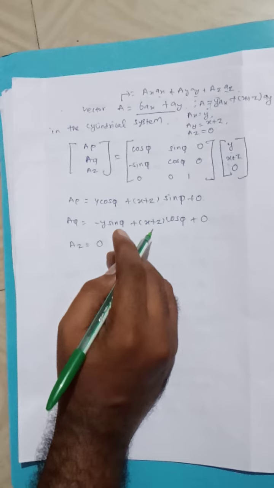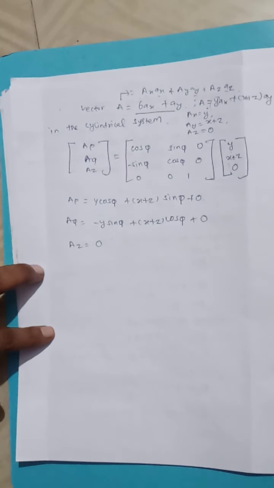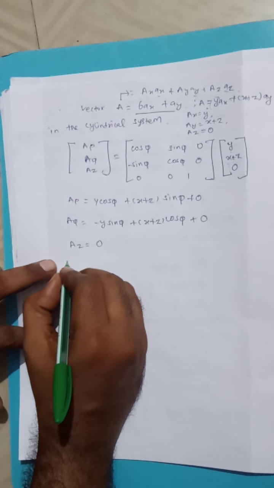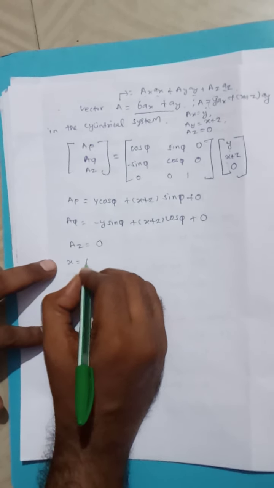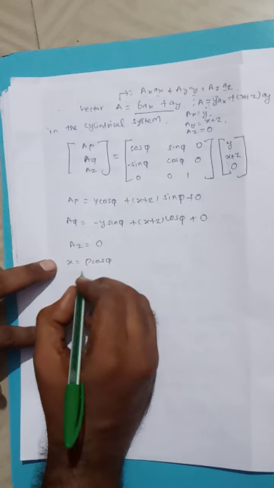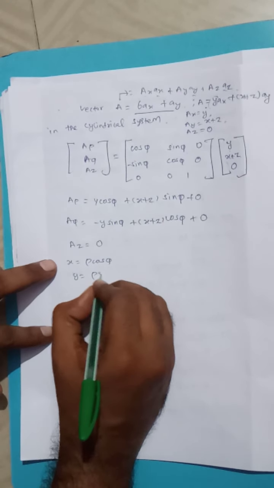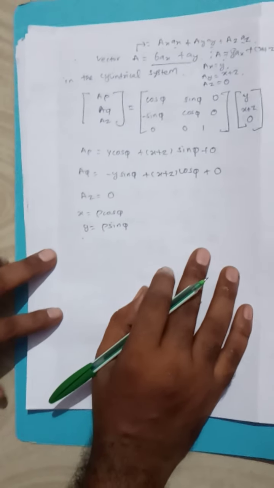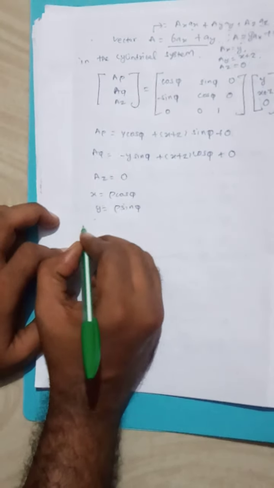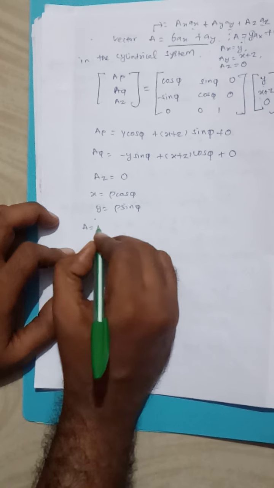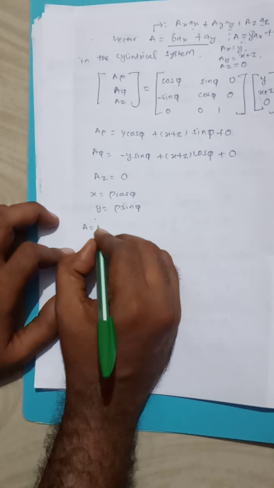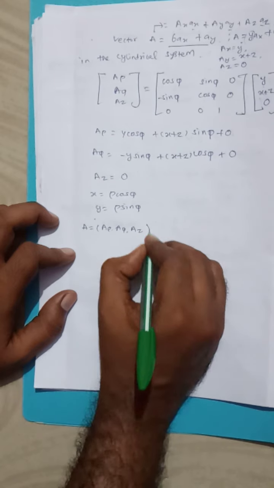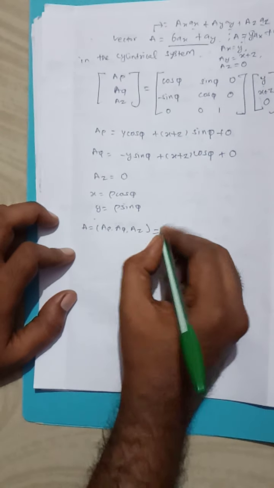Okay. So now you need to substitute the corresponding cylindrical conversion. For cylindrical coordinates, x will be replaced by rho cos phi. Similarly, y will be replaced by rho sin phi, and z will be the same as z. Okay, but here since z is 0, we don't need to bother about it here. So we can find the value of A in the coordinates of a rho, a phi and a z, okay, which is given by.